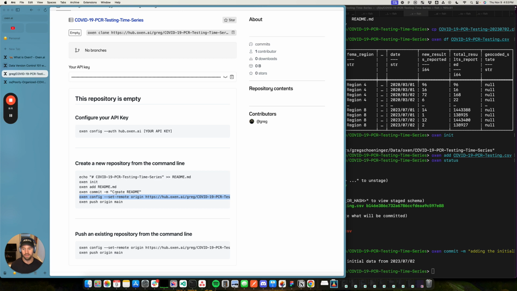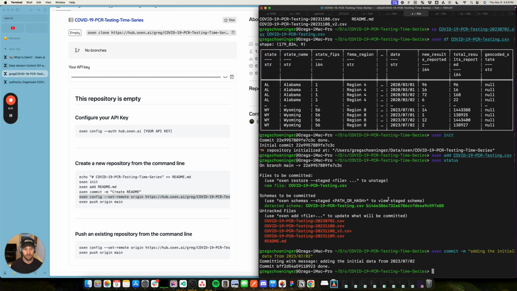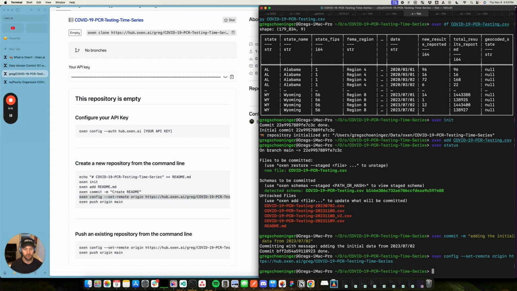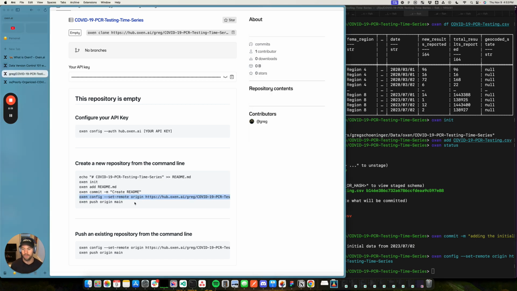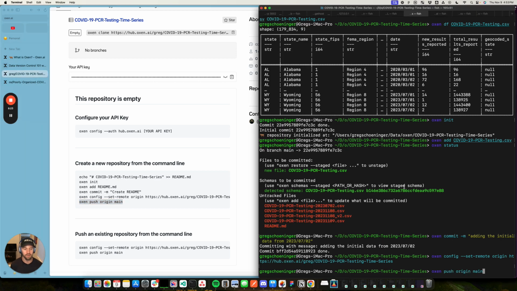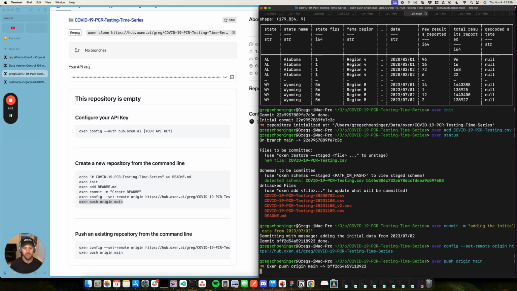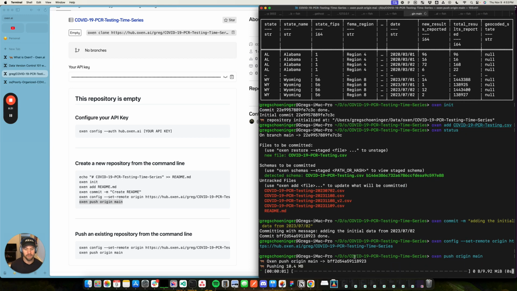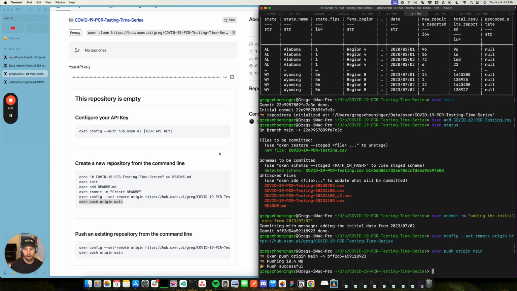Since we've already added some data, I'm just going to point my local repository to this remote server with this command, and then push the data to the remote server with the oxen push command. We can see it gathering up the databases, pushing this 10 megabyte file, and voila,